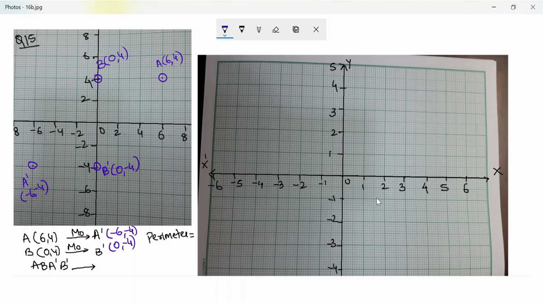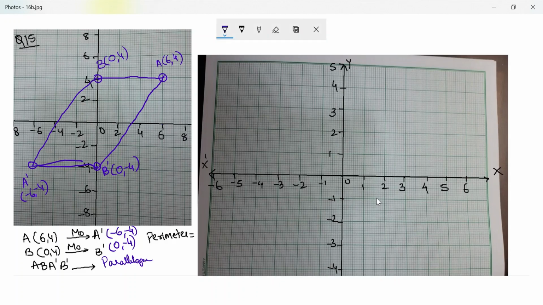Next, state the geometrical name for the figure A, B, A dash, B dash. Here you should be careful about what you're joining. You're joining A, B, A dash, which is here, and B dash. You will use a scale. I do not have access to a scale, which is why you would notice odd lines. These two lines are parallel. These lines are parallel, and the other two are unequal as well. So this is basically a parallelogram.